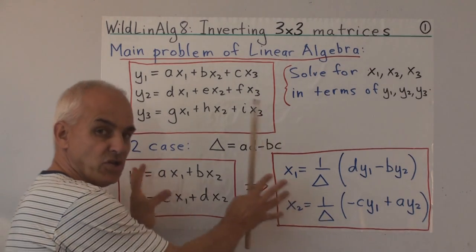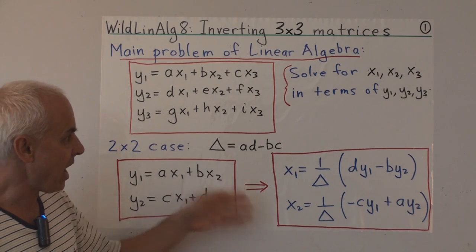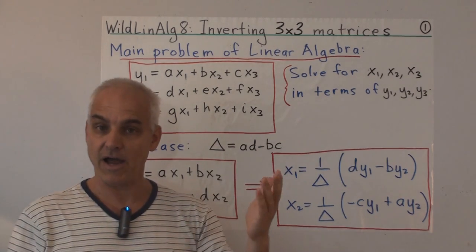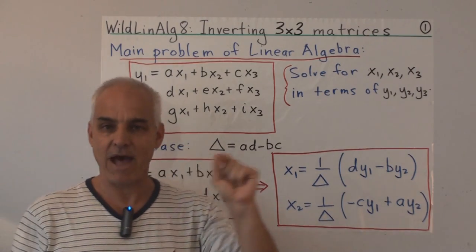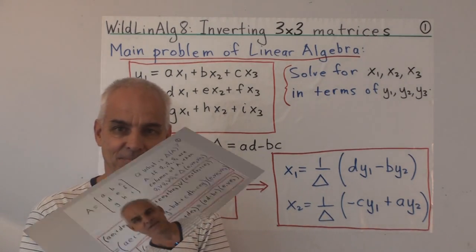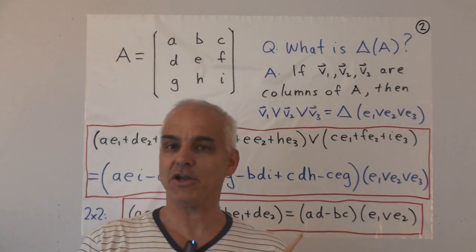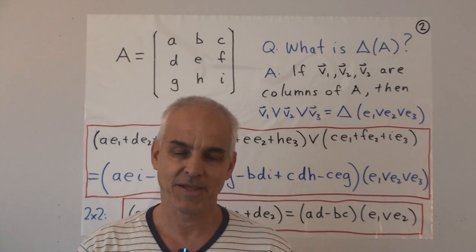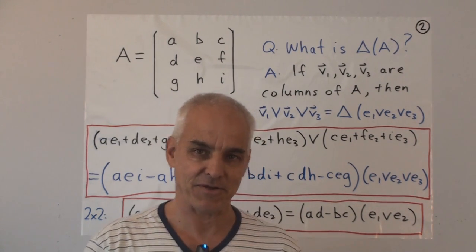So this is what we want to generalize. It's not clear at all from this situation here how to extend it to 3 variables or to higher. But once we've done the 3 case, then we'll see what the pattern is. Now, as we'll see, the solution to this problem rests entirely on the idea of the determinant. This is why the determinant is the most important function in mathematics, as I explained to you the other day.